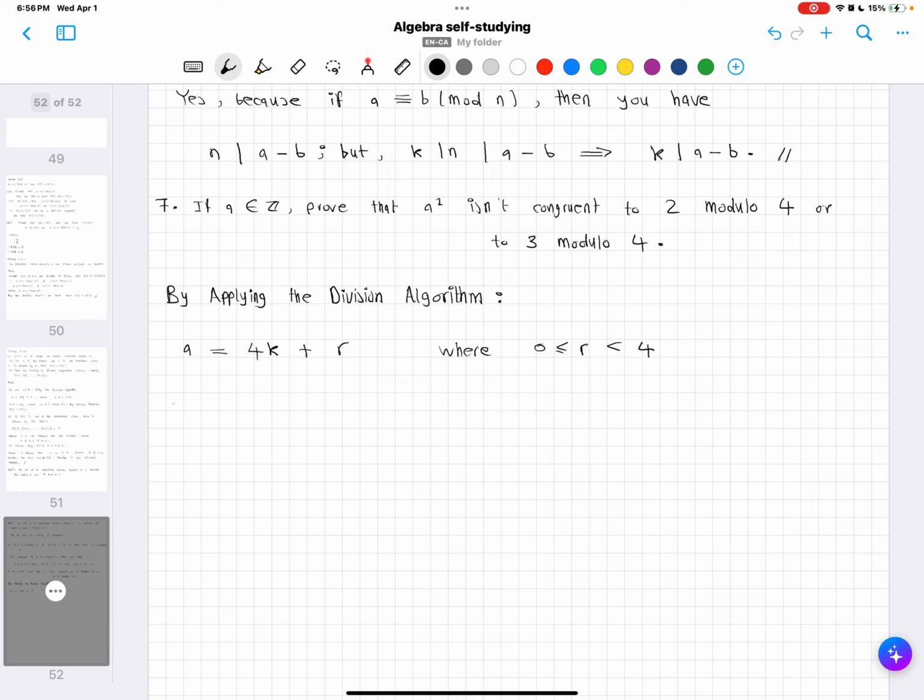So A squared is equal to 4 times 4 times K squared plus 4 times 2 times K times R plus R squared. So then what you get is 4 times Q plus R squared. So then, if you get 3, first of all we cannot